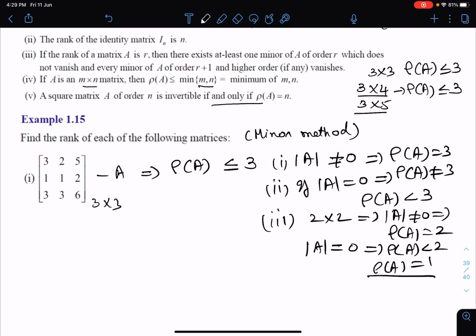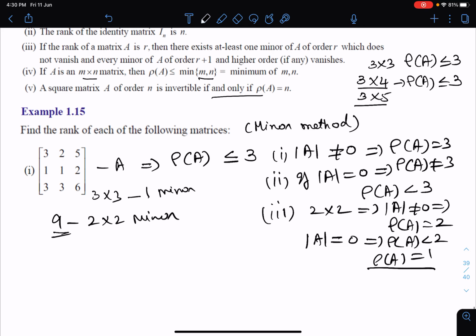Okay, this way we are going to conclude one by one. So first we'll take the highest minor, 3 cross 3, and check it. If it is 0, you come to your 2 cross 2 minors, and for a 3 cross 3 matrix you will get 9 such minors, whereas you will get only 1 minor of order 3 cross 3. So you will check one by one, and if any one of the minors is not equal to 0, then you can write your rank as 2. Okay, so this is clear.